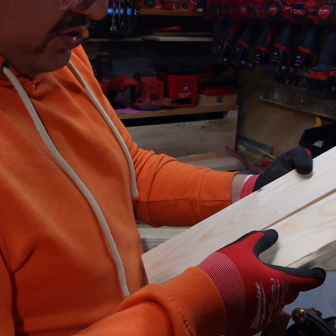These two boards will be the legs, but I will not make them in one piece or glue them. There will be a square. It will be two squares of this, and over here will be the top. I will put them together, and it will be the top. And these two pieces over here